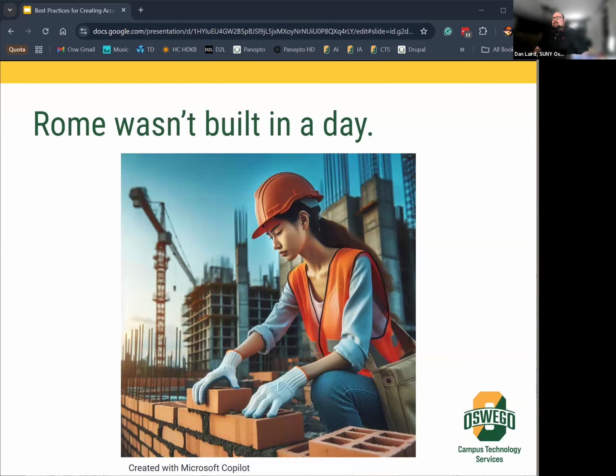Before I start, this is another image with Copilot of a construction worker laying bricks. Rome wasn't built in a day. I was fortunate enough to do a presentation with my colleague Kate DeForest at SUNY Quad a couple years ago about 1% changes to improve digital accessibility. This was based on the book Atomic Habits by James Clear.